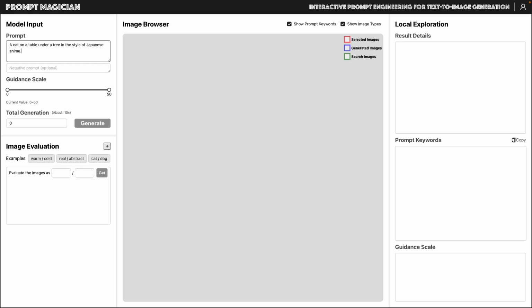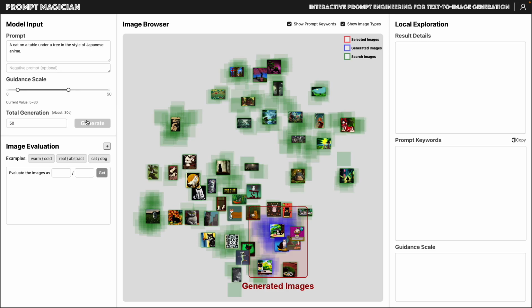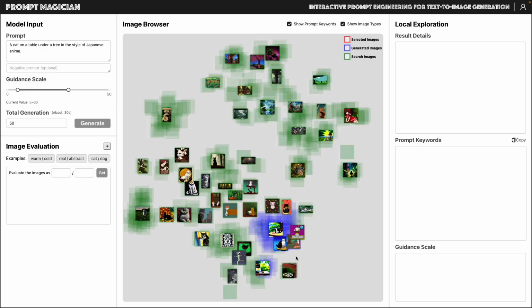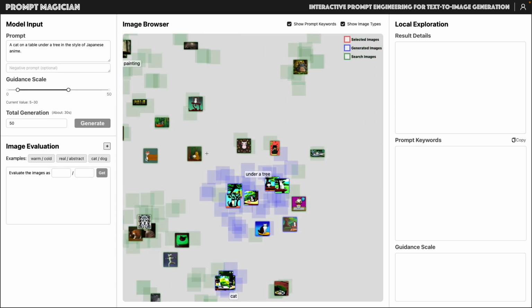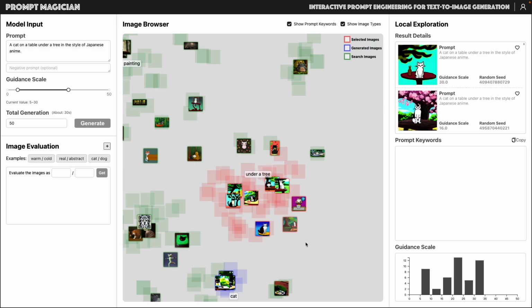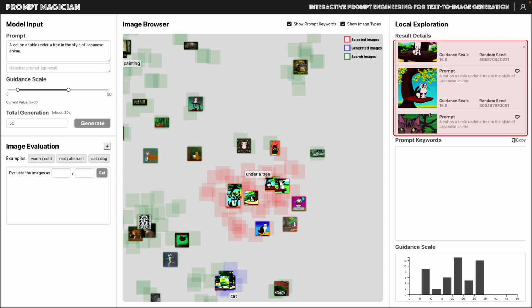the model input view. Being unfamiliar with the model parameters, she sets the guidance scale range from 5 to 30 and requires the system to generate 50 images at a time. Following a brief waiting period, the system produces a collection of images in the image browser view. After browsing through the results generated by the model, the user finds that these results do not align with her